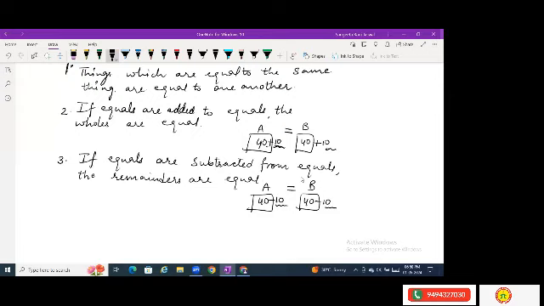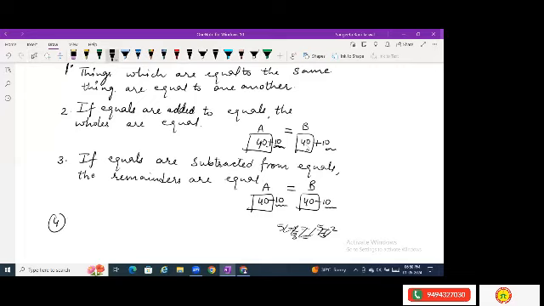If I subtract 2 from 5 on this side, and subtract 2 from 5 on this side, the answer will be again equal only. Okay. Yes, children? Yes, ma'am. Now, I hope you are understanding these axioms. First, understand these axioms and we'll see where they are applicable, how we use them in our day-to-day sums, in our theorems and all.